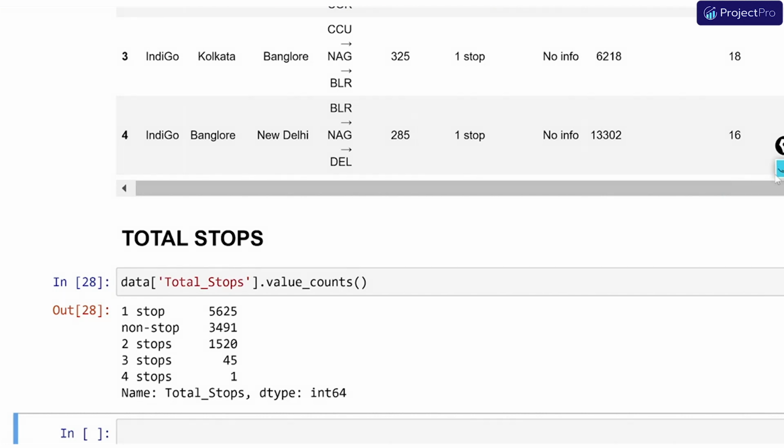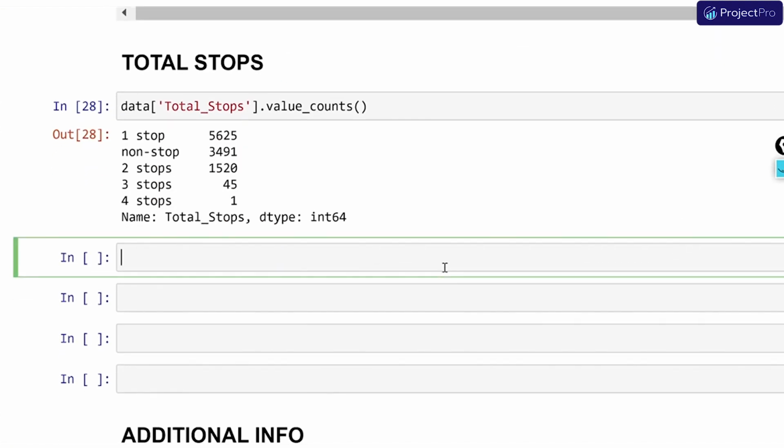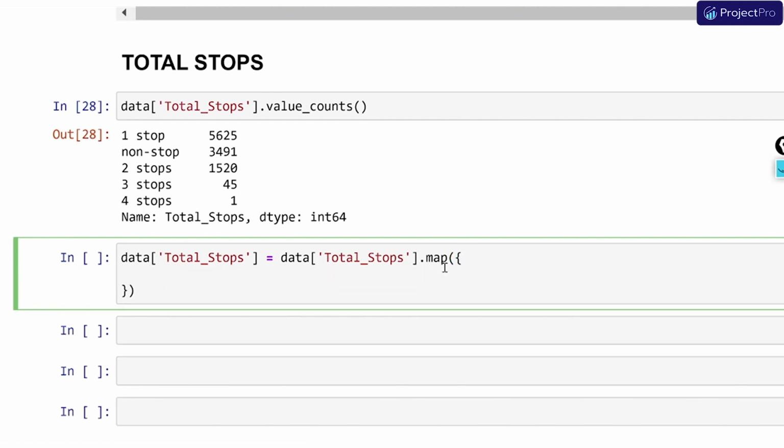So let's do that. We will say data, we are interested in total stops, and I would say data total stops, and I will use the map method. I would say non-stop is to be converted to, and make sure that it is case sensitive, so non-stop must be all lowercase. So I would say non-stop, map it to 0,